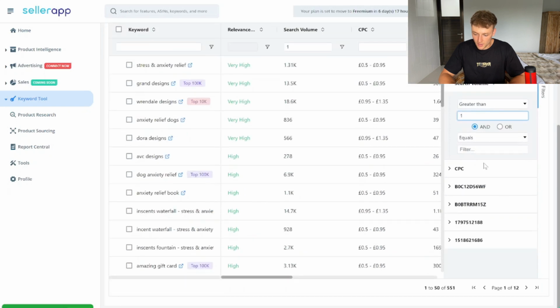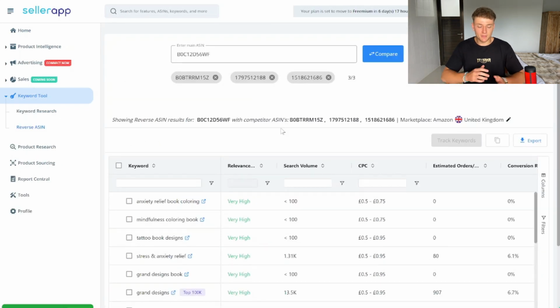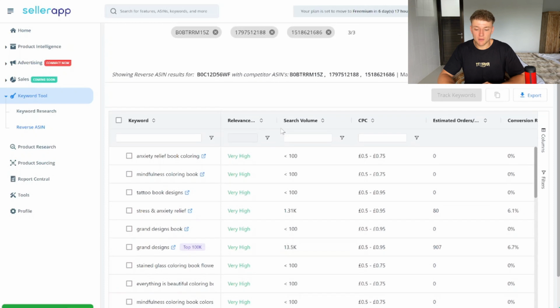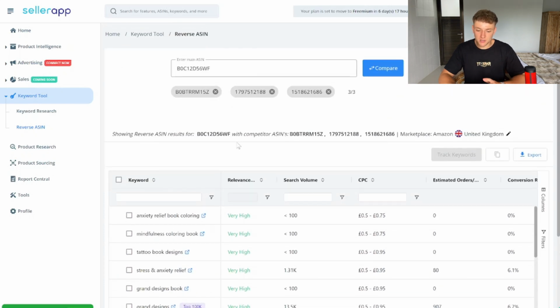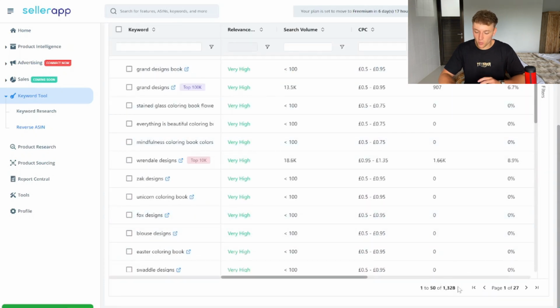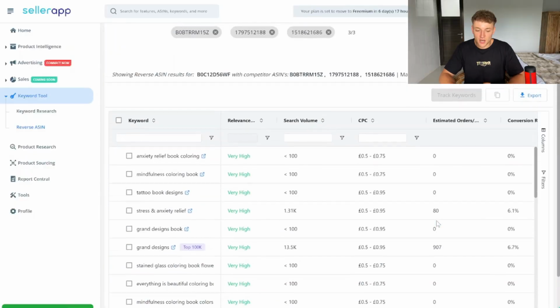that we need in there. So apologies for that, my SellerApp had a bit of a nightmare and it completely crashed, so we're back to where we want to be. This is just all the keywords for those ASINs that we previously searched for. As you can see, 1,328 keywords, which is really, really good because we're just specifically now hunting for some short tail keywords. And all we're going to want to do here is just, again, press this export button and download